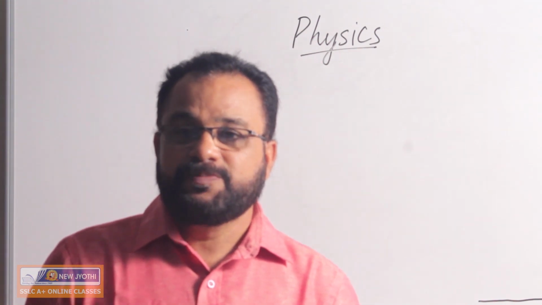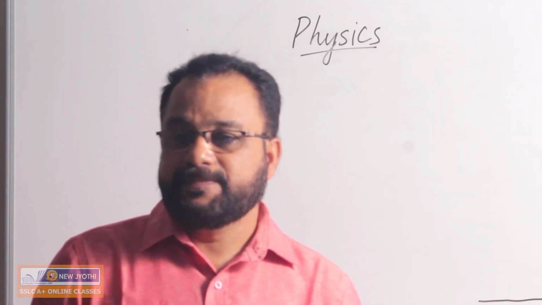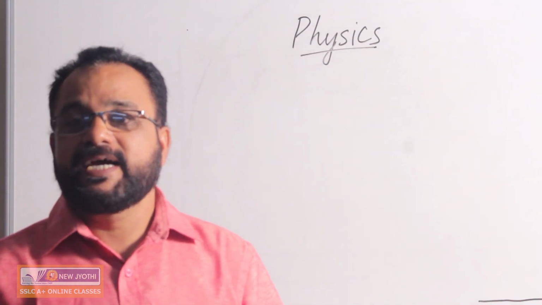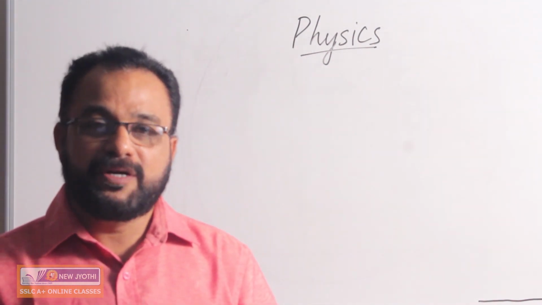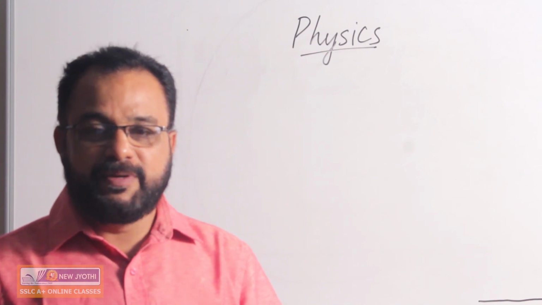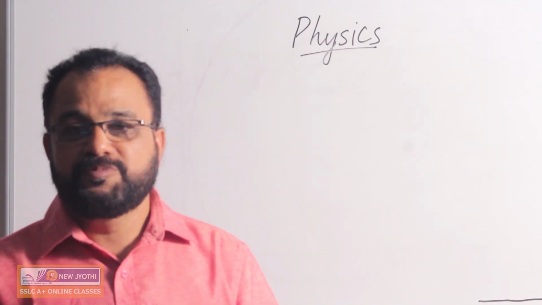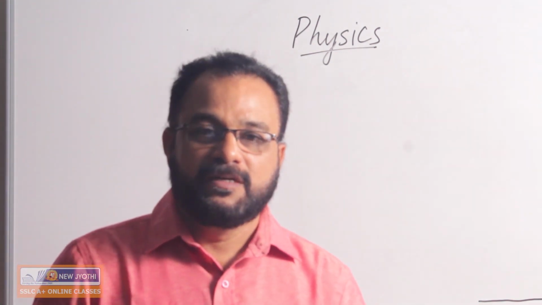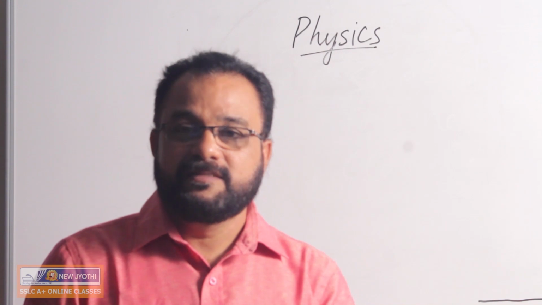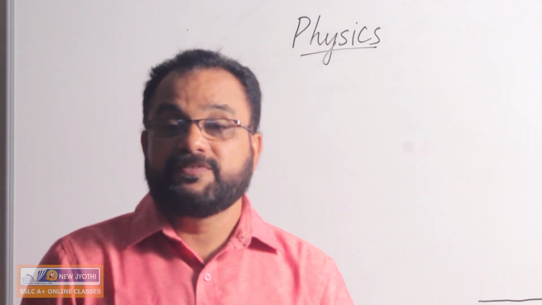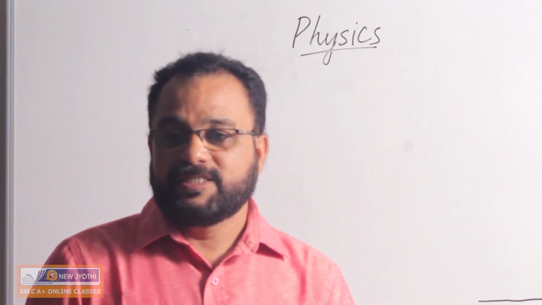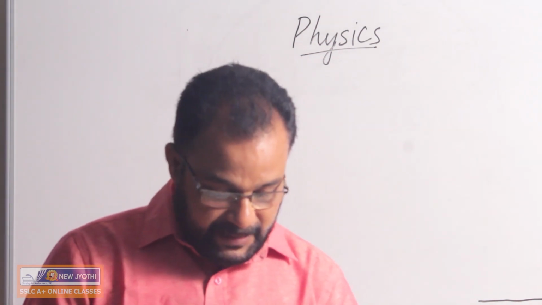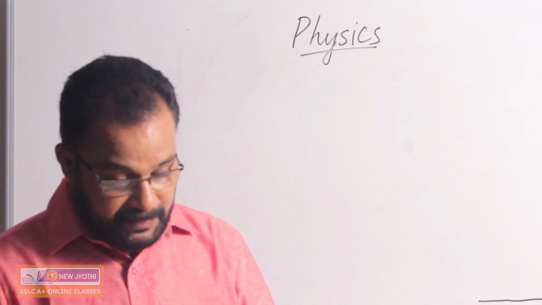In 9th standard, you have studied the law of conservation of energy. That is, energy can neither be created nor destroyed. It can be transferred only from one form to other. So the electrical energy which is passing through the nichrome wire, what is happening? It is converting from electrical energy to heat. That is how heat energy is formed in the nichrome wire.